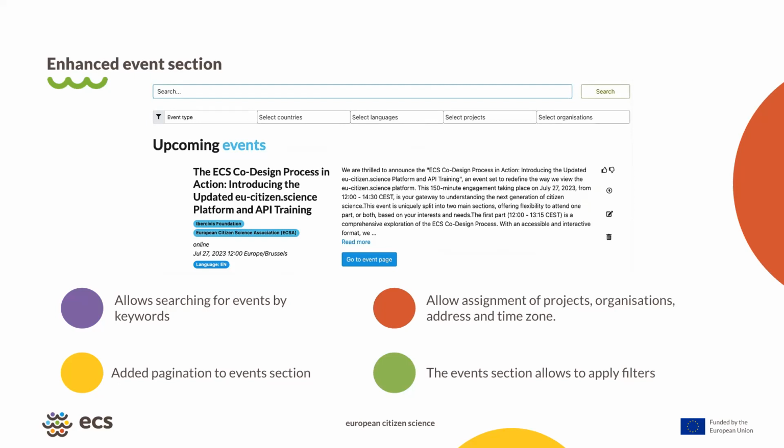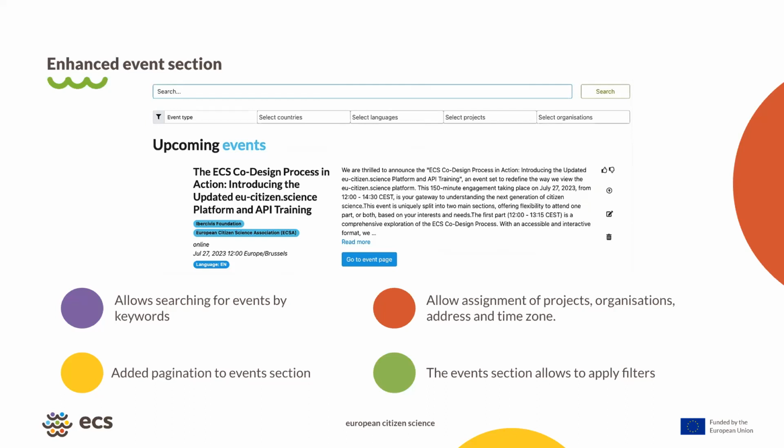Moreover, the event section page used to display an endless list of events. So in other words, all events were displayed one after another, resulting in an increasingly long page showing past events that perhaps were no longer of much relevance. Therefore, we have tackled this functionality with two main objectives: to enhance user interaction capabilities when identifying events of interest, and to clearly improve the user interface with the goal of modernizing the platform.